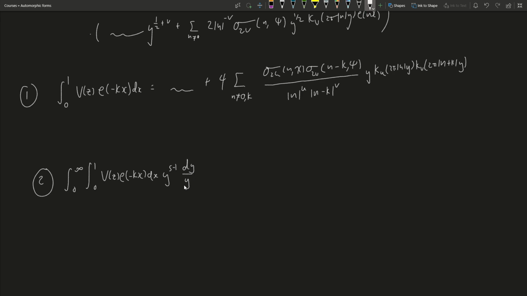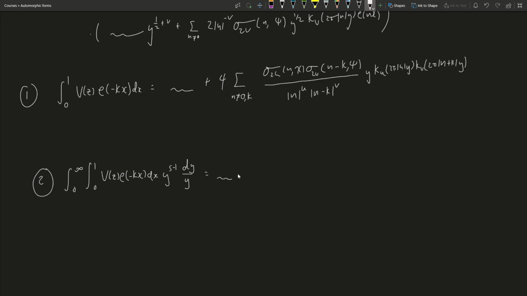And of course, you could take this Mellin transform just at s instead of s minus 1, but things come out a little bit more nicely if you look at s minus 1, so that's what I'm going to put here. So this is just the Mellin transform of this thing above,